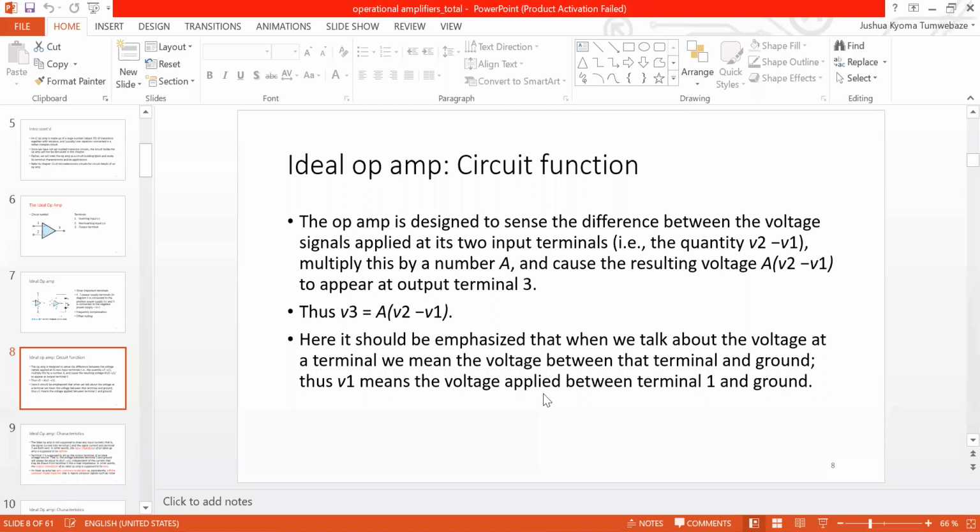So what is our ideal op amp? The ideal op amp is one that is designed to sense the difference between the input signals applied at its two input terminals. So what do we mean by sensing the difference? We have already seen that it has two terminals. So if I apply a voltage,